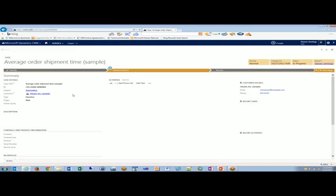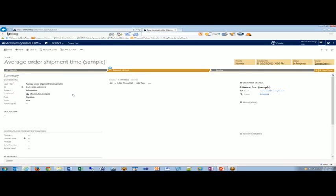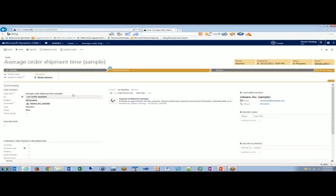My cases now have a guided process in here. Again, remember I talked about Leo coming out in the middle of next year. This is going to be completely changed. I have no idea what it's going to be, but if you want to start using this today, this